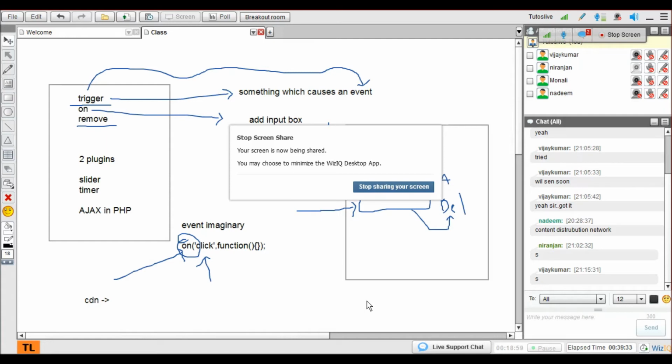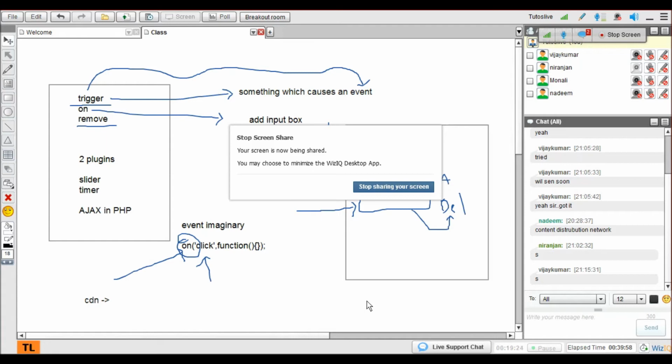Whenever the page loads, I have to click on connect to see the other person. So what I have done, on page load, click that button. How can I do that? Trigger, click.